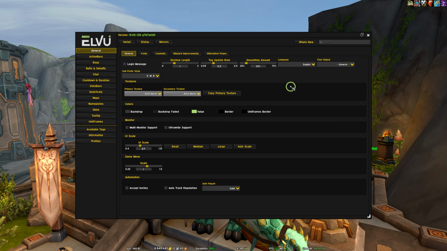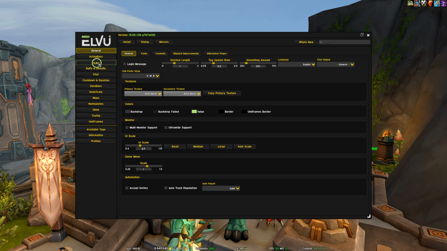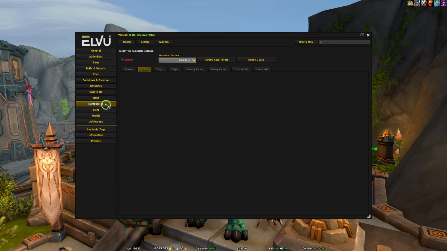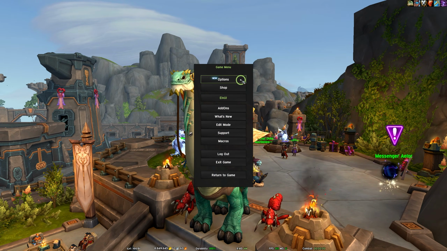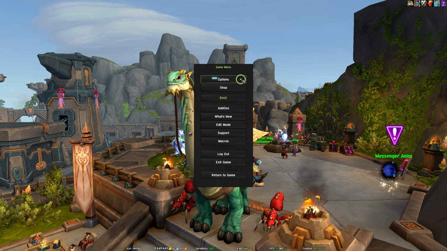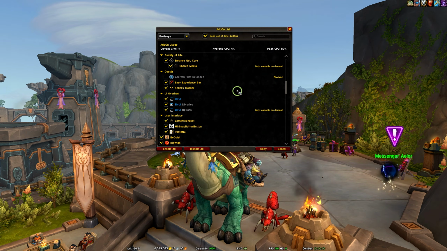It's something I want to continue using. And yeah, I'm not going to go through every little detail in LVY. I have bags turned off. I have nameplates turned off. But listen, I don't need to explain LVY. It completely remodels, reskins their UI. A lot of quality of life enhancements built into that add-on as well.